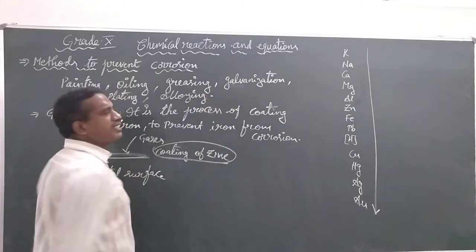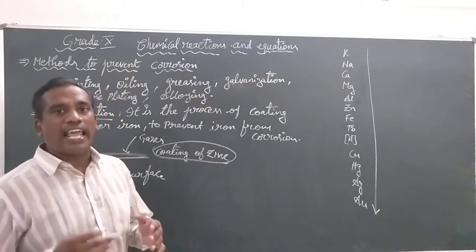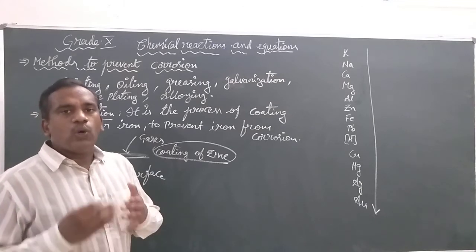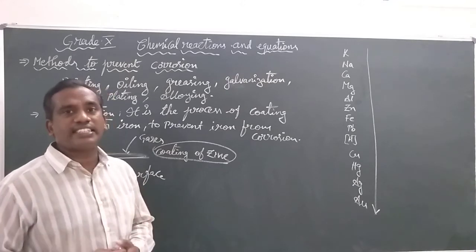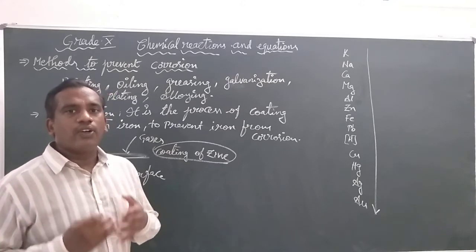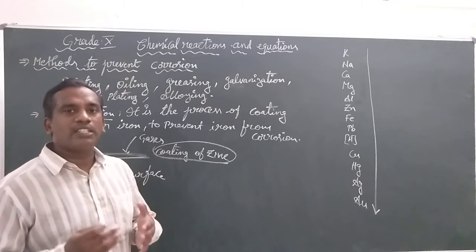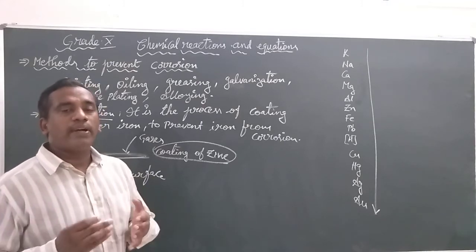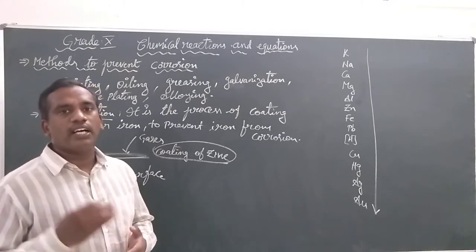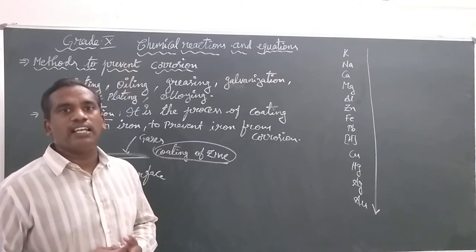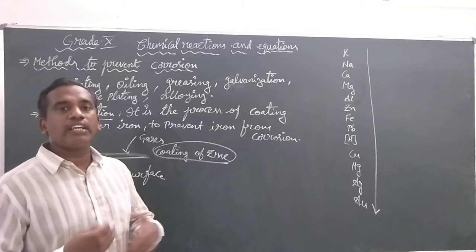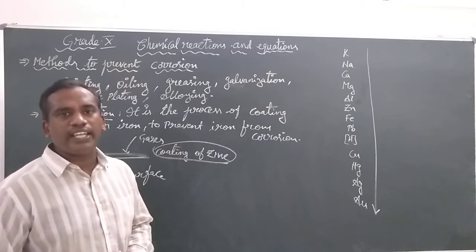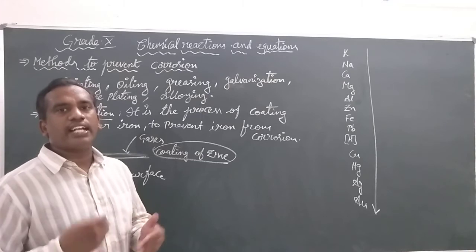In your grade 9 standard, you had already discussed alloys. You know the stainless steel that we have at home? The stainless steel does not rust. It is made up of iron only, but the iron is combined with carbon and nickel. This combination of different metals gives new strength to the iron, and prevents the metal